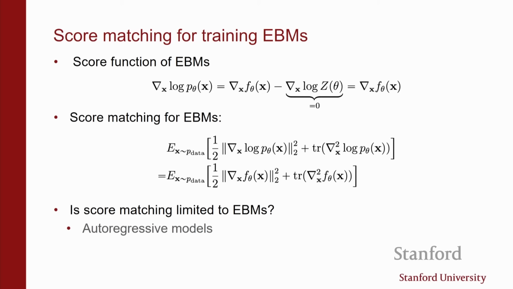Well, we can certainly apply it to continuous autoregressive models. If you can compute the log density, you can probably also differentiate through that and compute the score. You can do it on normalizing flow models. Again, we can compute the log likelihood, and so we can also compute the score. Although perhaps it doesn't make a lot of sense, because you have access to the likelihood, so you might as well train these models by maximum likelihood. But in principle, you could apply score matching to these models and train them that way as well.